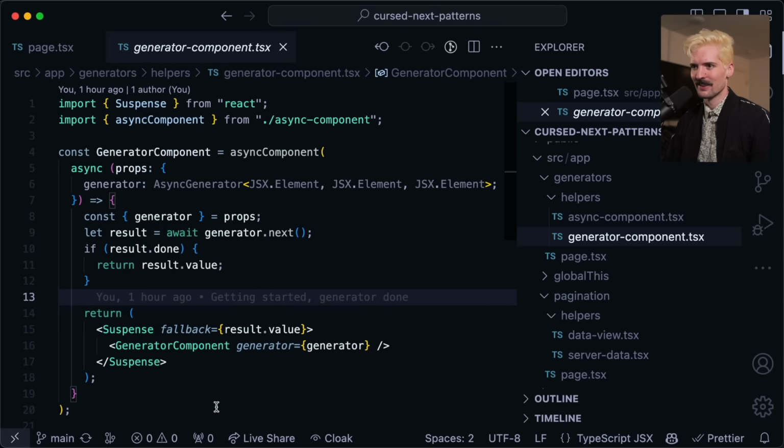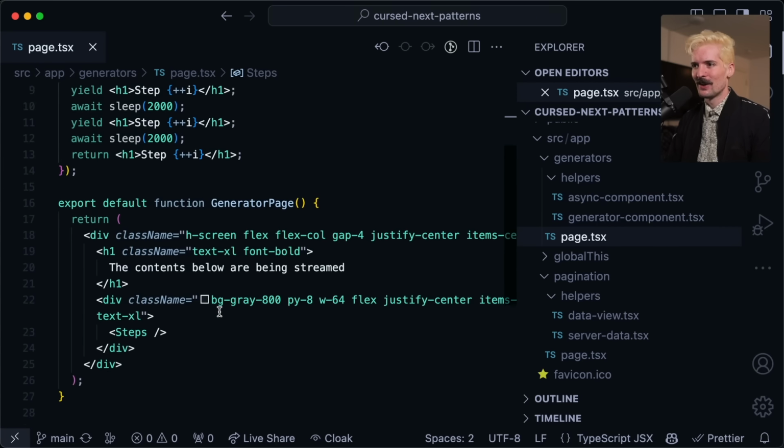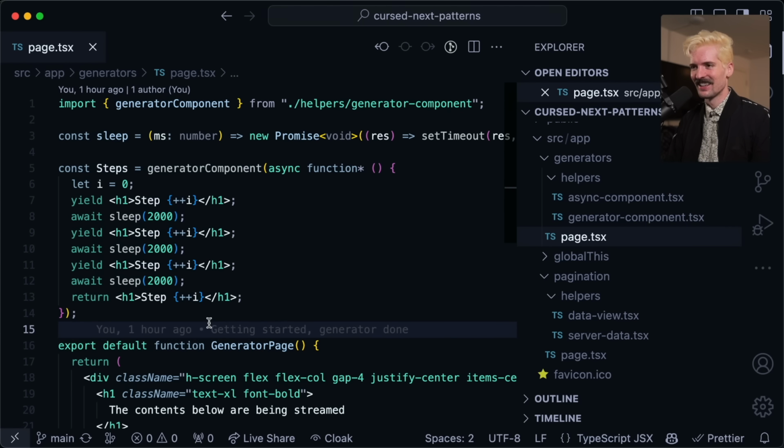down the updated results. I did not believe this worked when I first saw it, and I had to play with it a lot to confirm. But this is, if you need a component to get multiple different states from the server during one fetch, I can't imagine a better way to do it than this, even though I don't know I can recommend it wholeheartedly. Yeah, this is a really crazy, really cool pattern.